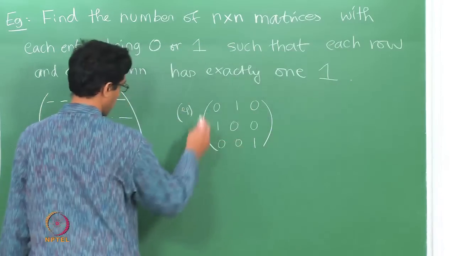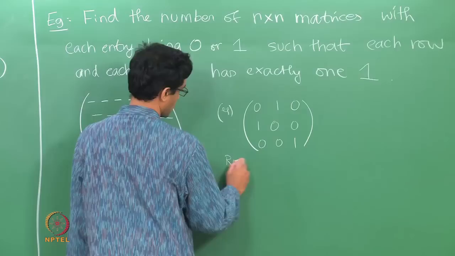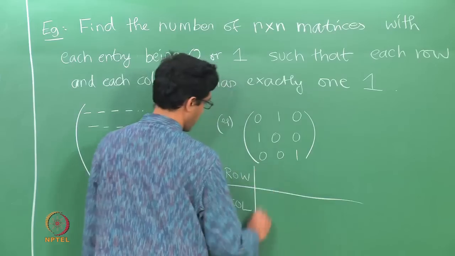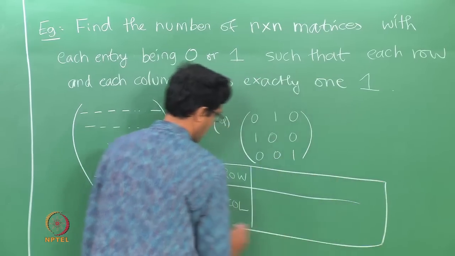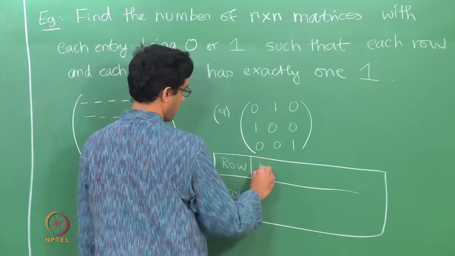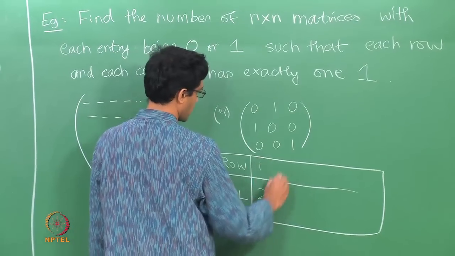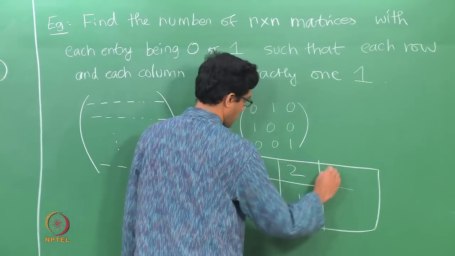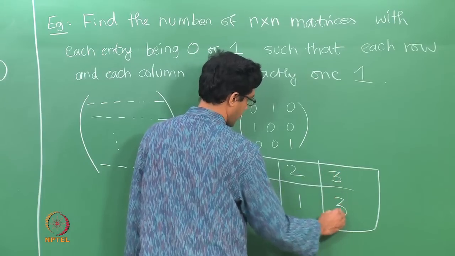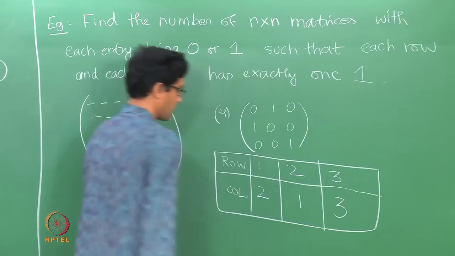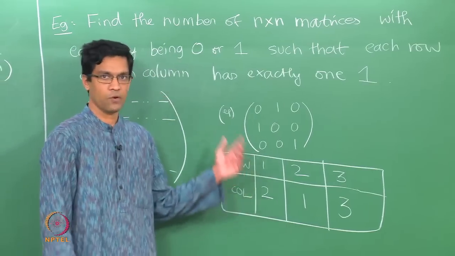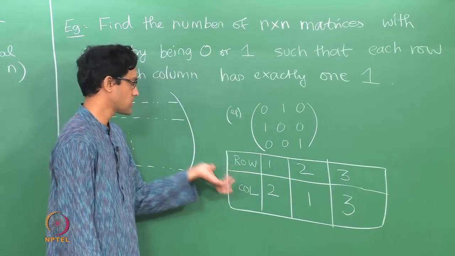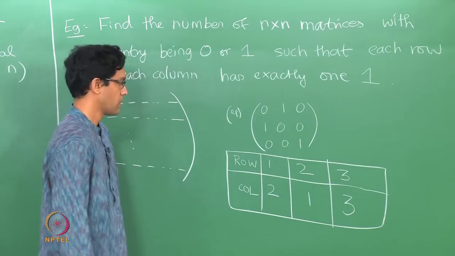So this matrix here we would encode as follows. You would write each row number and each column number. So you note down the row and column numbers of the ones. So for instance here in row number 1 the 1 occurs in column number 2, in row number 2 it occurs in column number 1, and in row number 3 it occurs in column number 3. Okay. So a 0 1 matrix satisfying the required conditions is the same thing as this data here,